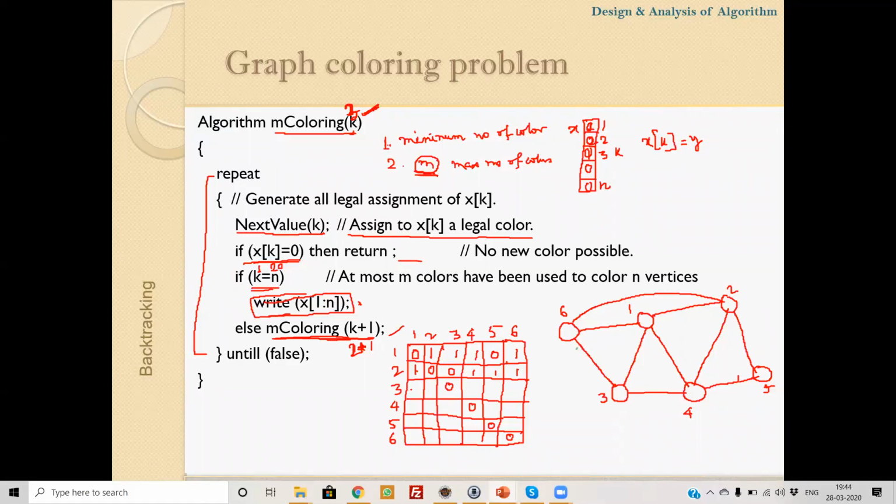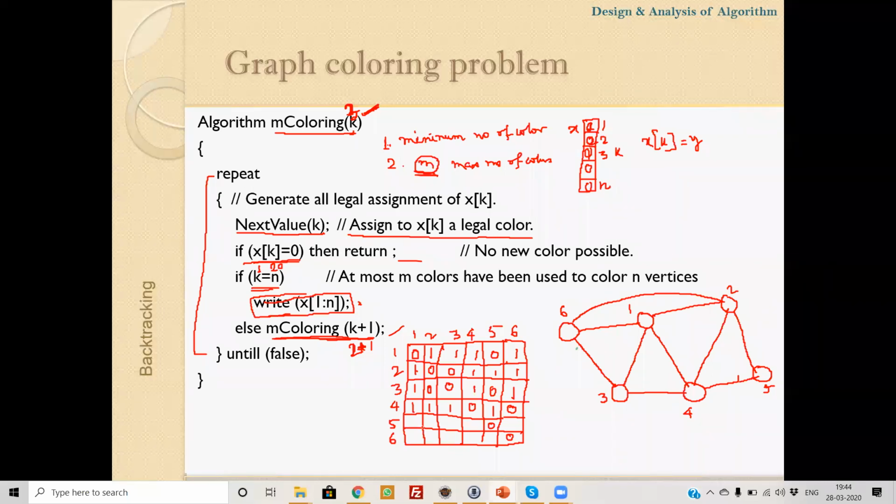Vertex 3 is connected with 1, 4 and 6. So the remaining values are 0. Vertex 4 is connected with 1, 3, 2 and 5.